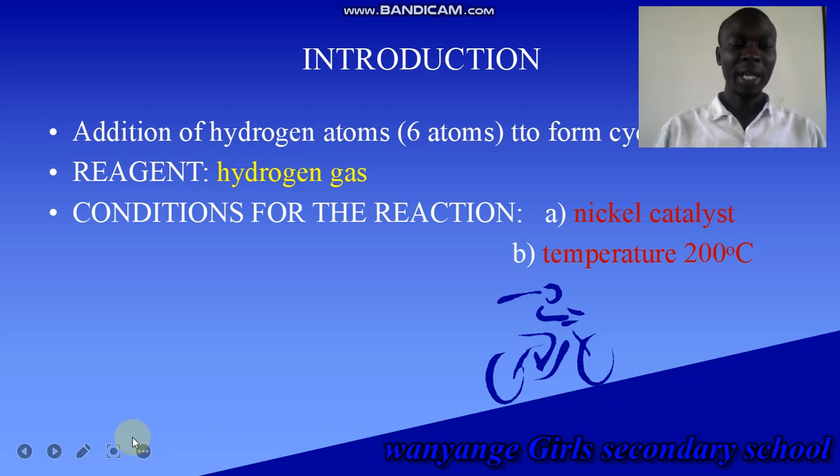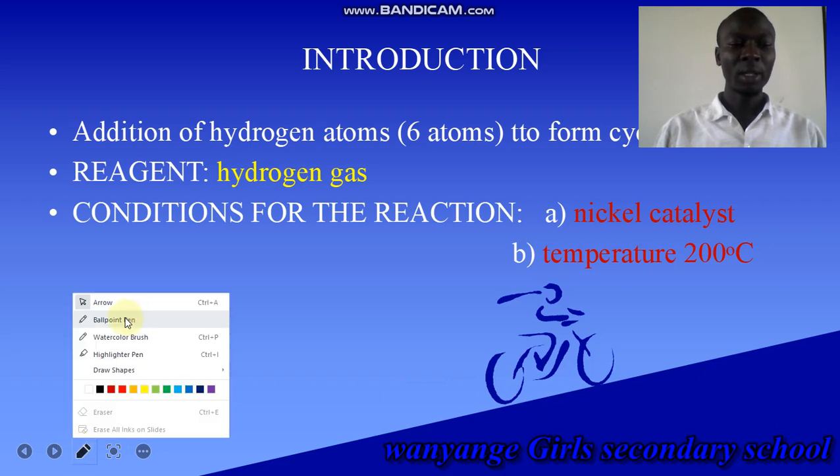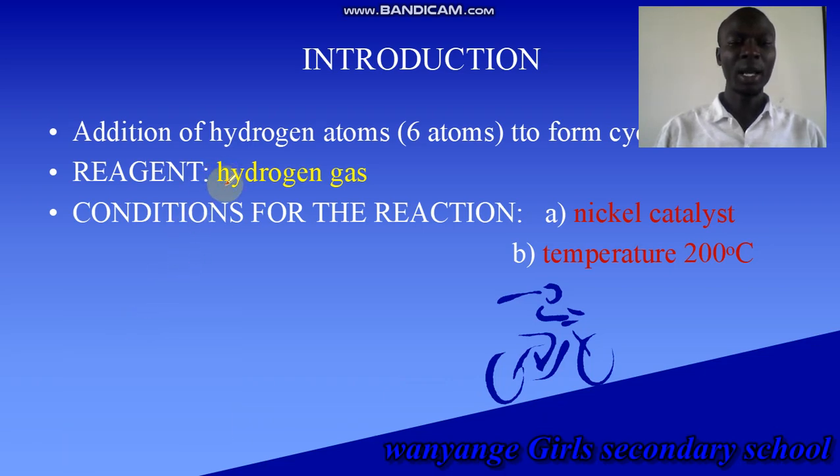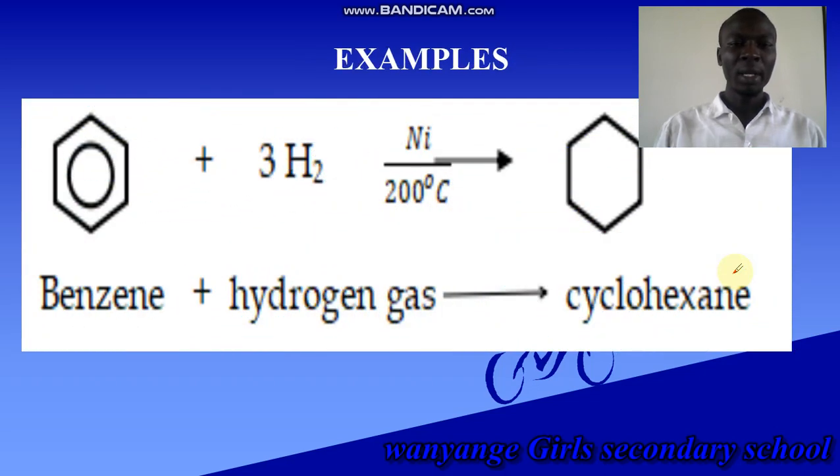And what is the reactant? In this case, the reactant is hydrogen gas. And the condition for the reaction is nickel catalyst at the temperature of 200 degrees Celsius. Okay? So whenever you are doing hydrogenation, the reactant should be hydrogen, and the conditions nickel catalyst at 200 degrees Celsius. An example, you have benzene